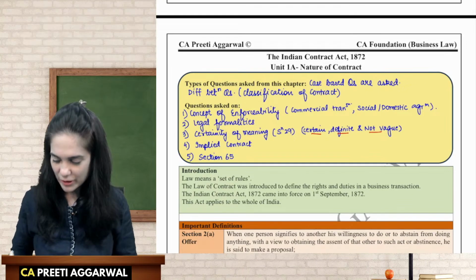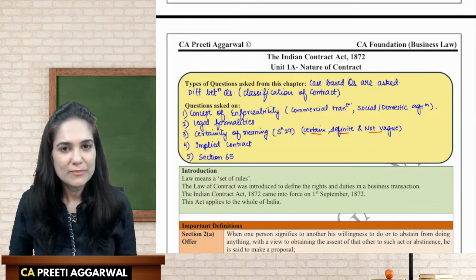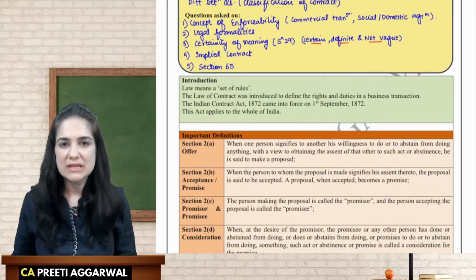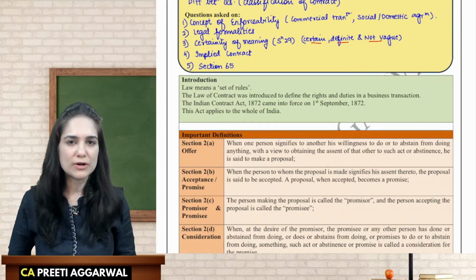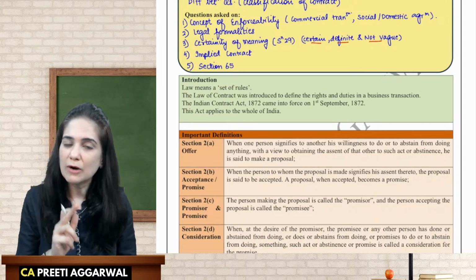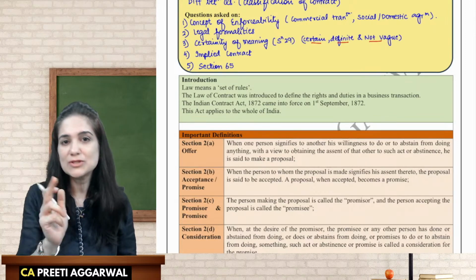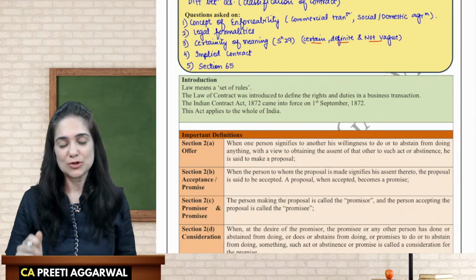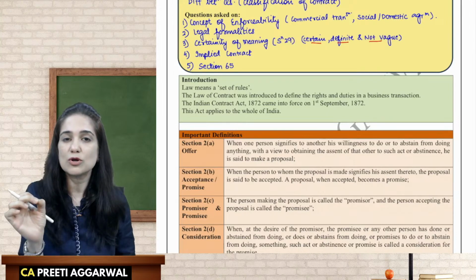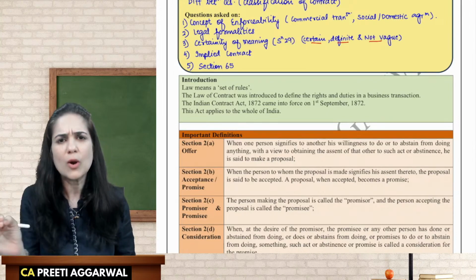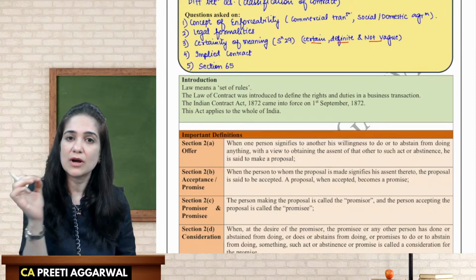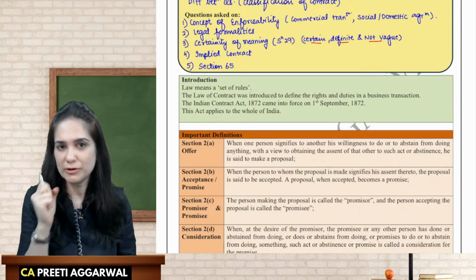Good evening. Okay, so today's agenda, let us go through what we are going to study today. So today I am going to discuss essential elements of a valid contract with you. And most importantly, I will show you how to remember the section numbers in a story format. Okay, so today I'm going to give you a story and we will remember all the section numbers of the definition. Section in the sense the clause. Okay, so today we are going to learn how to remember the clauses of definition in a story format.